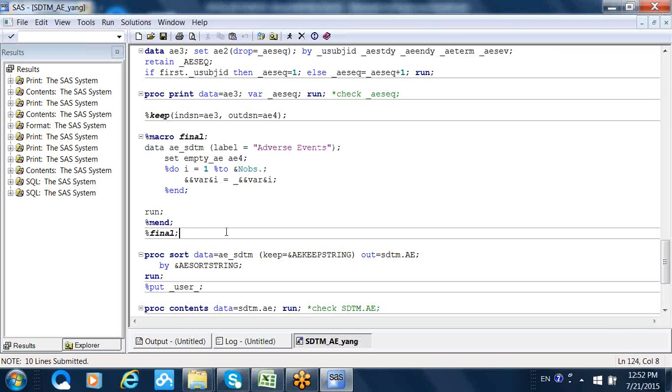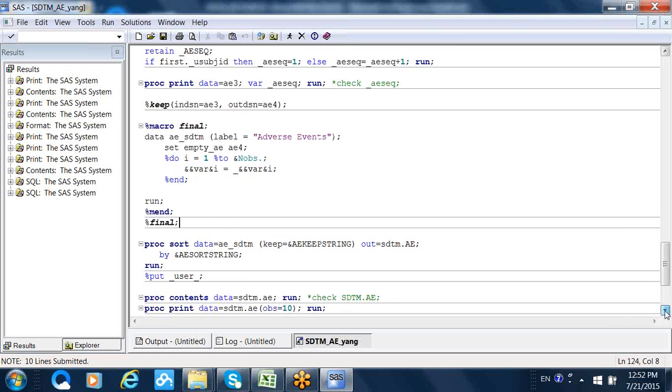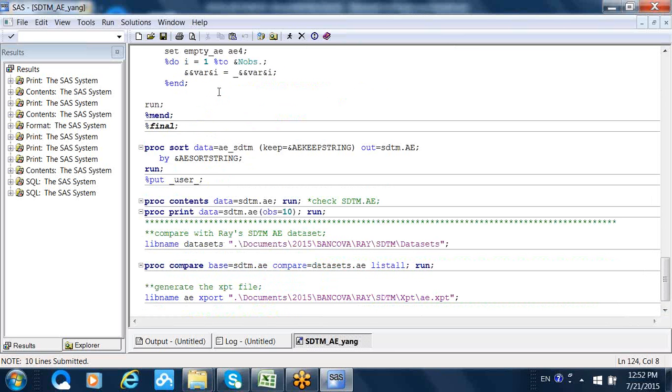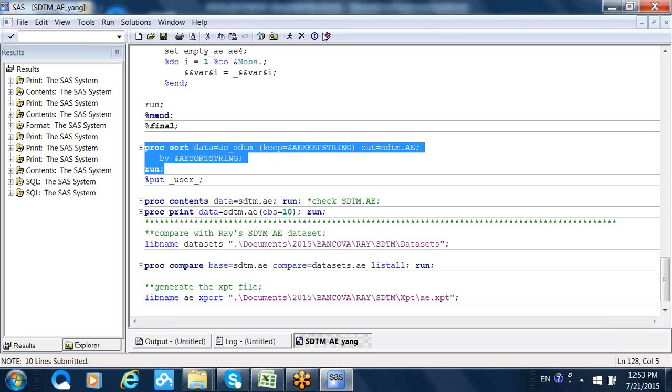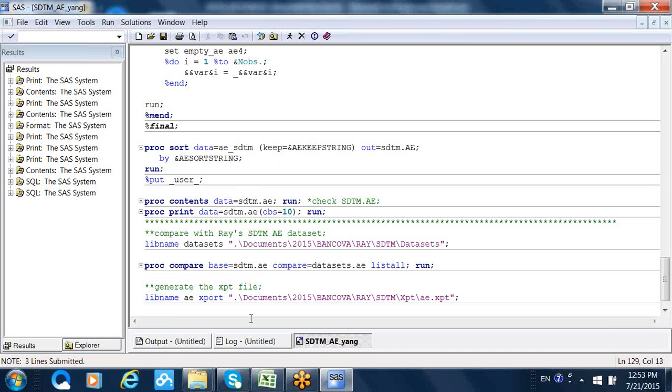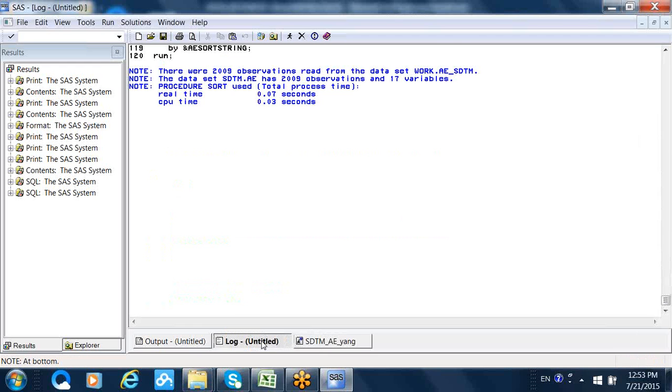So I do this, then I sort the data we just generated and only keep the variables that we want, which means the standardized variables. We don't want the variables with underscore. And I want to sort by the sort string. So run this. I can check the log. Yeah,